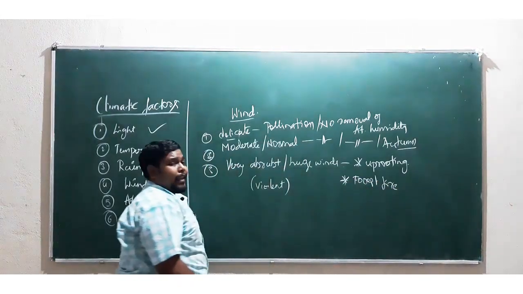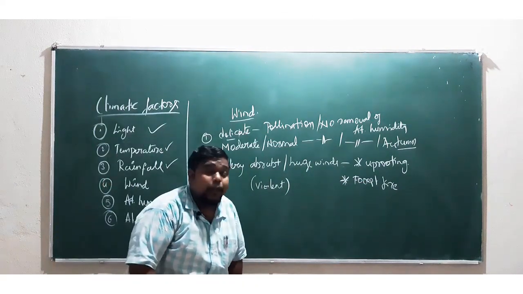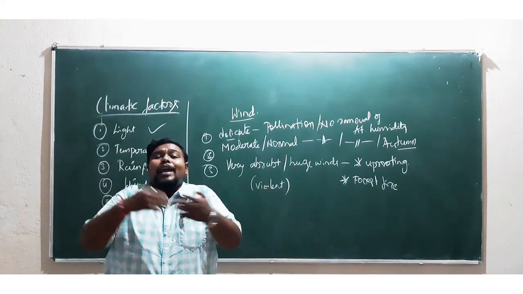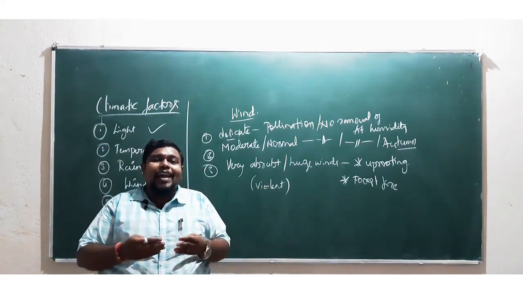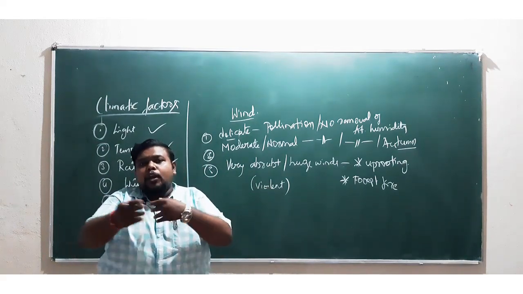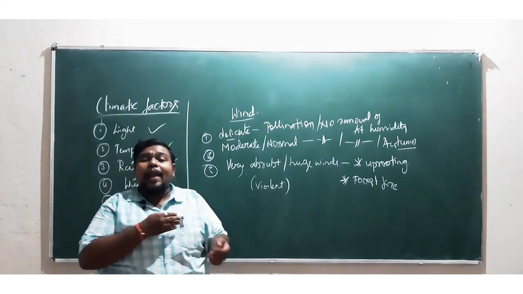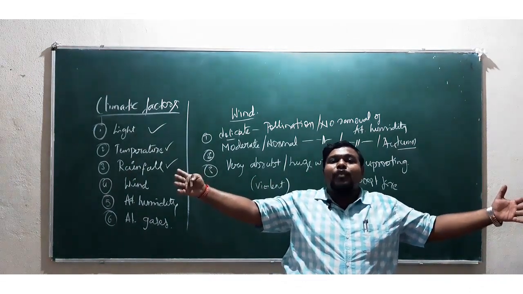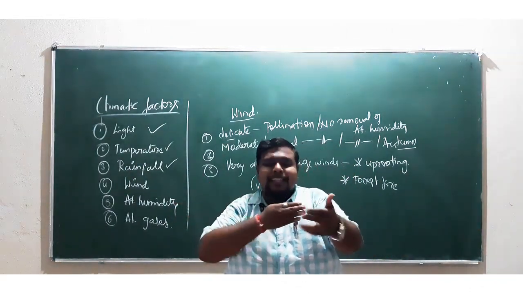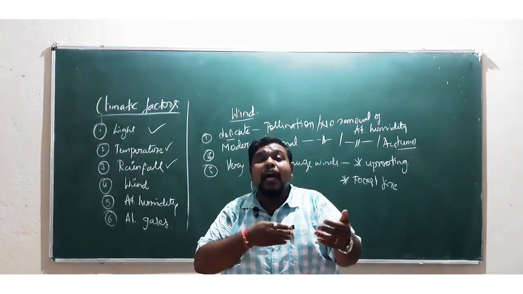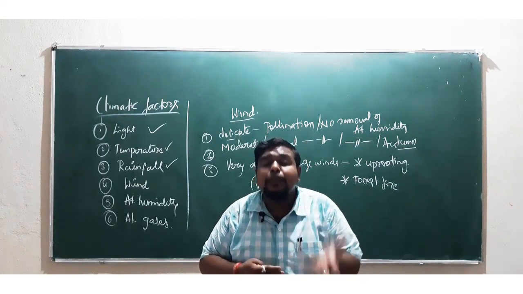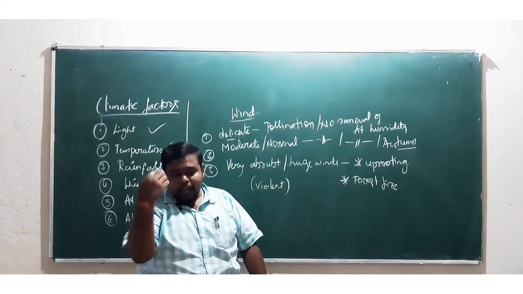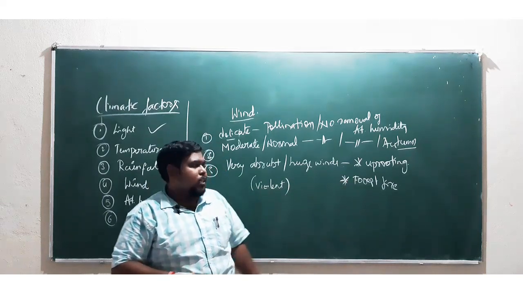So maybe you are wondering how forest fire can be caused by huge or violent winds. When a violent wind occurs in a particular area, there is a complete rubbing of dry leaves. If a tree has dry leaves and there is a huge vegetation of dry leaves there, when they rub against each other, that friction will create fire between them. That will be the cause for the forest fire, and that will result in the forest fire here.